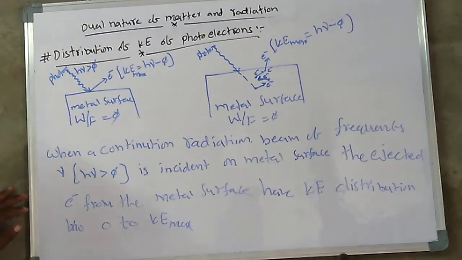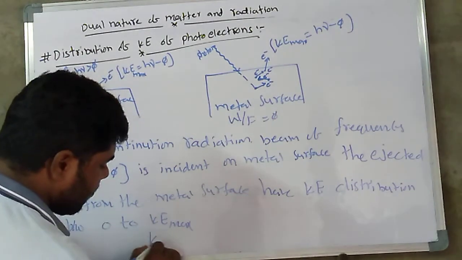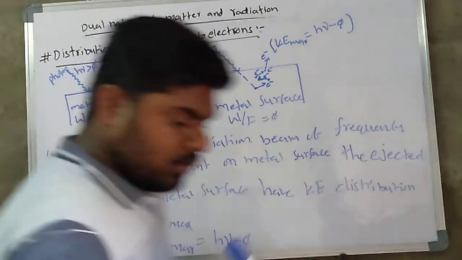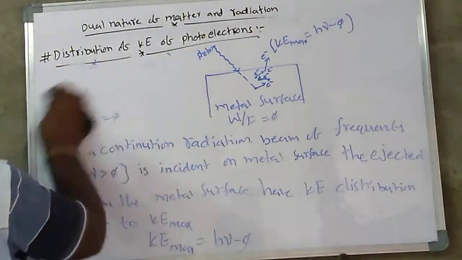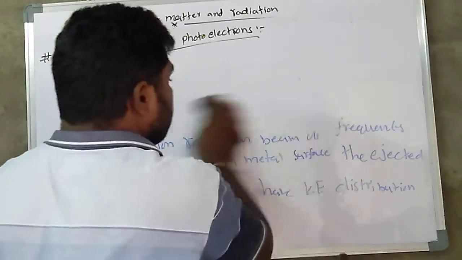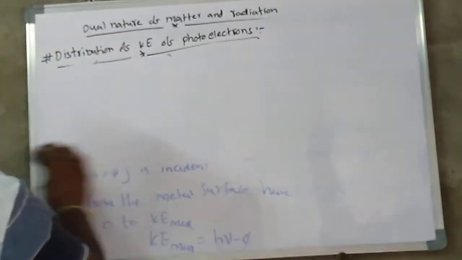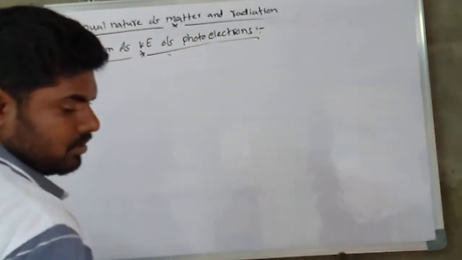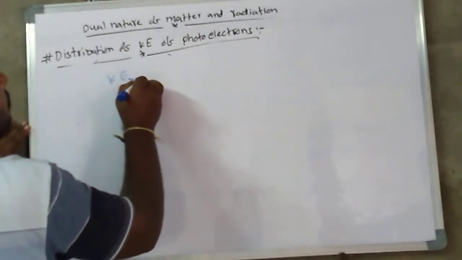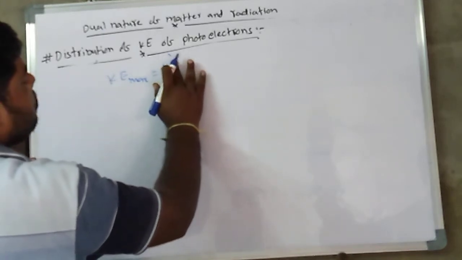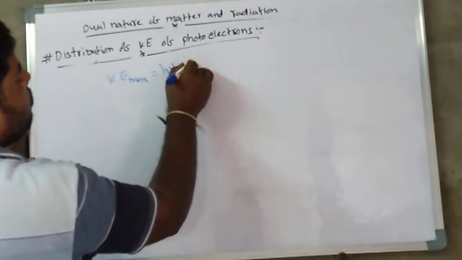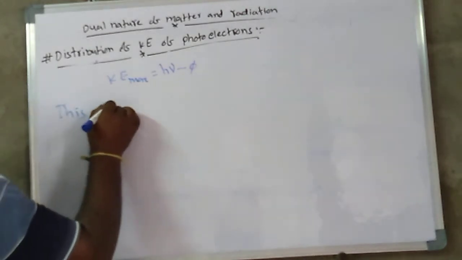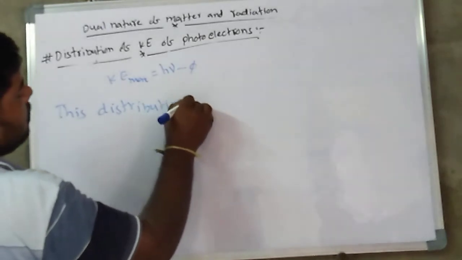So in this situation, the kinetic energy maximum is equal to h mu minus the work function. This distribution is because